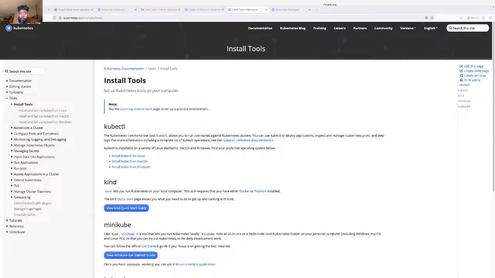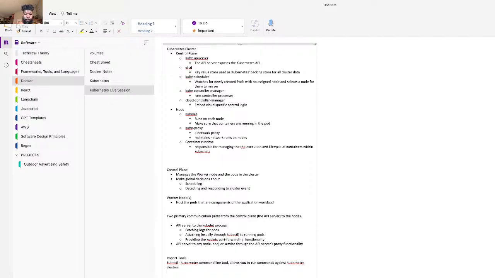And this is just kind of setting the foundation. As a tool, I'm going to start running K8s. It lets you run K8s locally, right? Same for Minikube. Let's share my screen so you can see what I'm writing, so it's not just me. Minikube lets you run it locally.